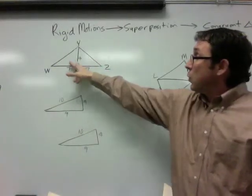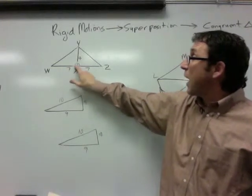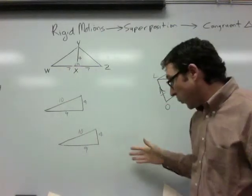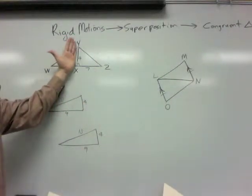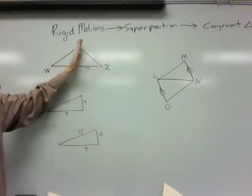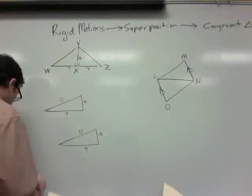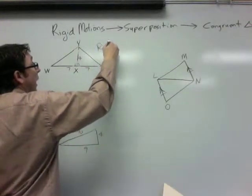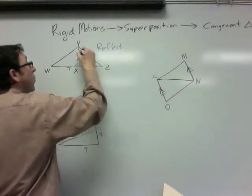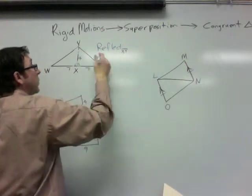For these two triangles here, these two triangles are congruent to each other because of side angle side. I could also prove that they're congruent to each other by doing a rigid motion. I could flip one triangle onto the other, and a flip is called a reflection. So for this particular example, I could just say that I can reflect over the line segment XY. I could reflect triangle